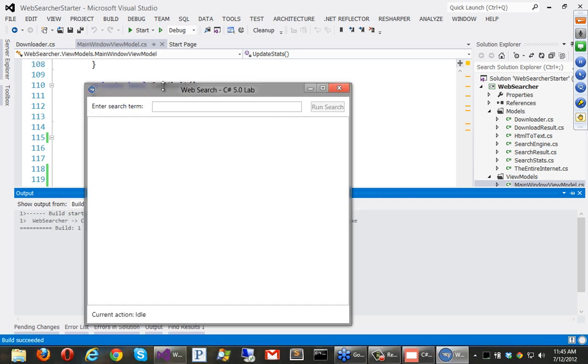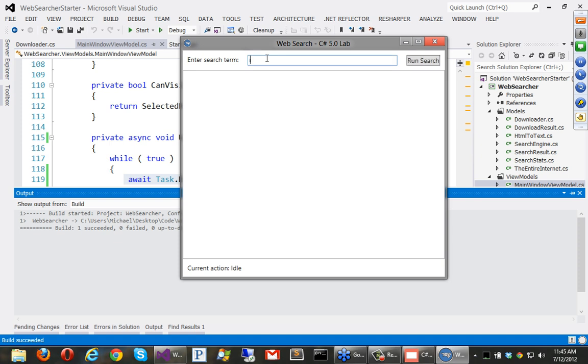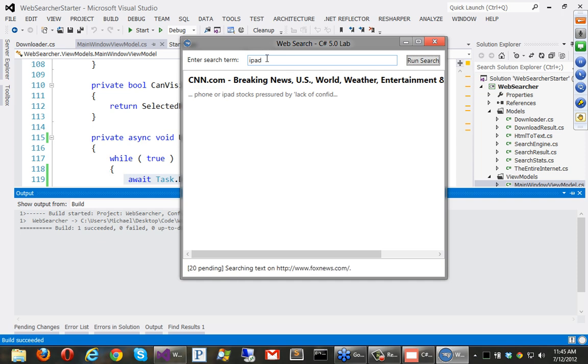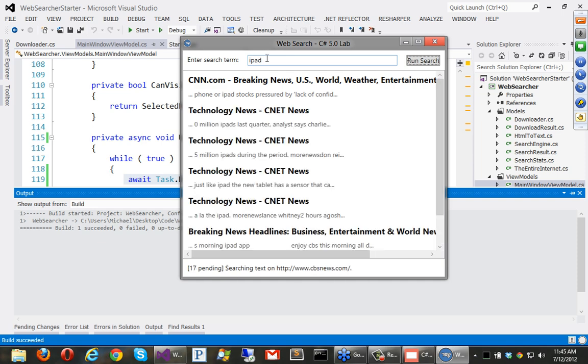First of all, we're still calling it, and our UI is now working. If I say iPad and I search, watch the bottom, the status bar. 23 pending, we're searching Fox News, MSNBC. So we've essentially kicked off like a background task that every 200 milliseconds is checking the status of the search engine and updating it. And yet, it's doing it on the UI thread. It's created this mechanism by which every 200 milliseconds, the Windows message pump goes and continues working, right? So that's really, really interesting.